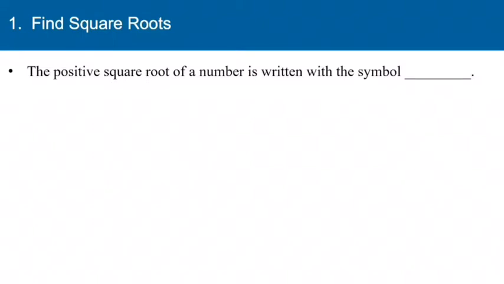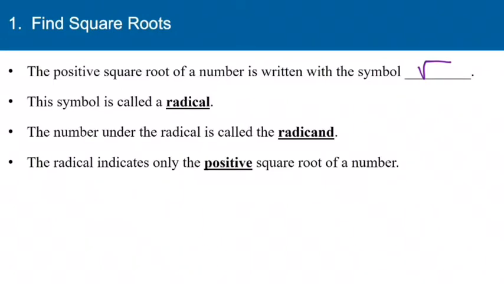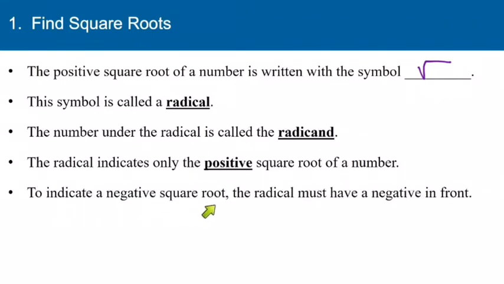Now I'm sure you have seen the square root symbol before, and what you need to understand is that the square root symbol only represents the positive square root of a number. The positive square root of a number is written with this symbol, and this is called a radical. The expression that's written under the radical is called the radicand. And again, it's really important to remember that the radical indicates only the positive square root of a number. If you want to indicate a negative square root, then you have to have a negative in front of that